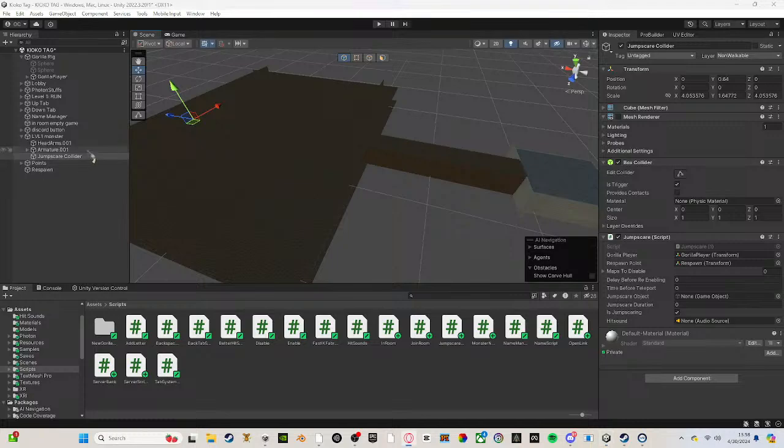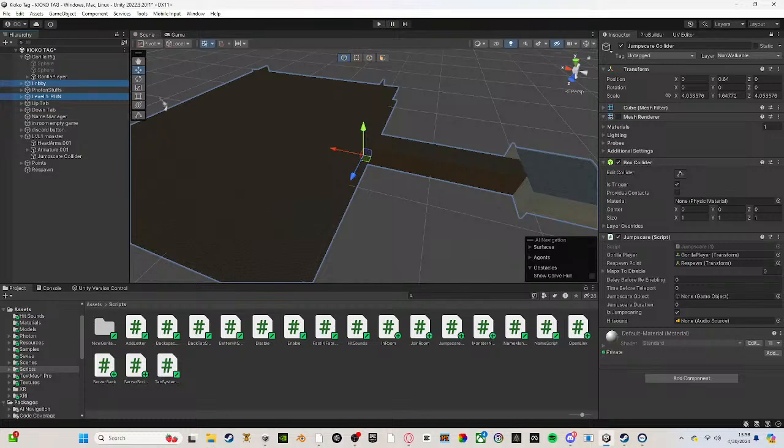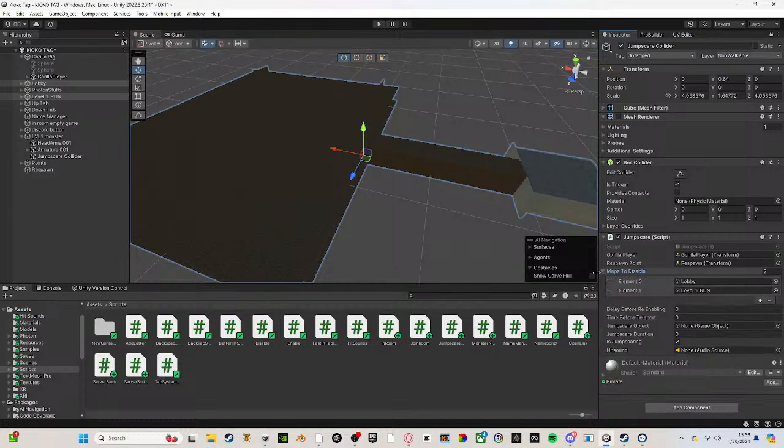Now all of these numbers, I just set them to 2.2 because I know this works, because sometimes if the number's too small, the player will get stuck when teleporting, so go with this for a safe number. Now for the jump scare object, you're going to want to go to your gorilla player and open